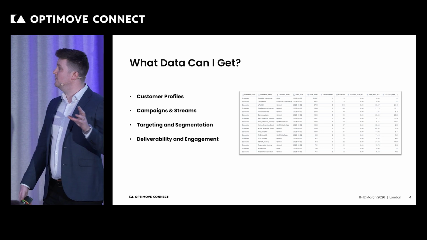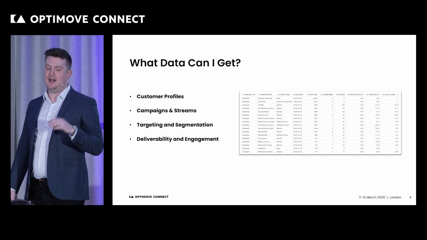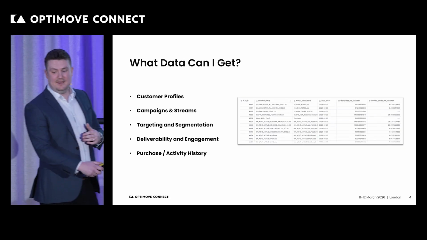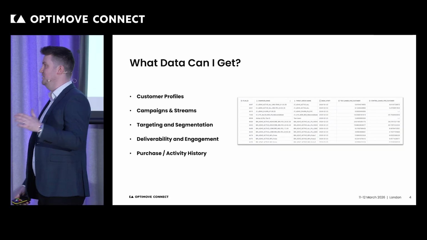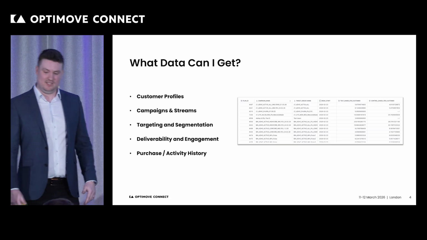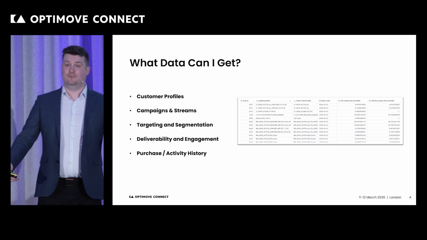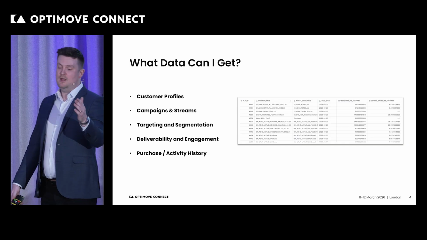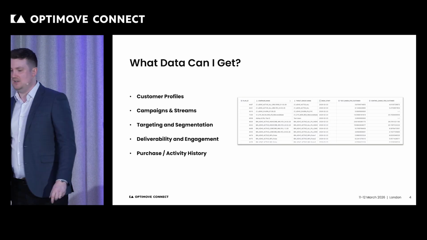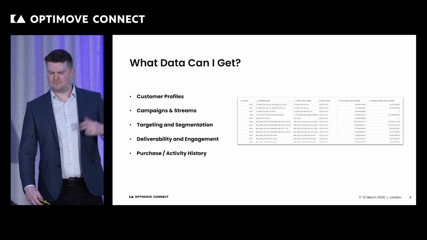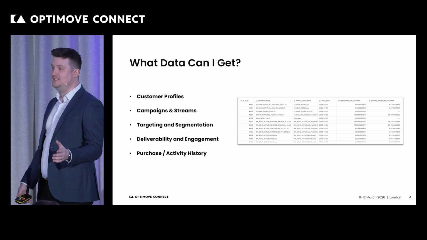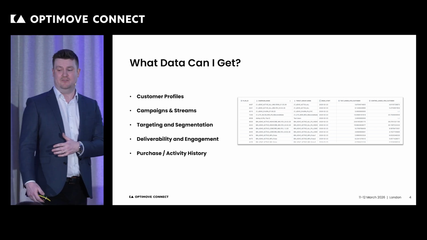You can combine these across all of your channels, so you can get a very high-level view of what's working and what's not for given groups of users. And then lastly, the transactional data here. So this is basically purchase activity history made available in log-level form as well. Based on your vertical, this could be anything from orders made, purchases, deposits, bets made, any other core actions that your business uses here. This rounds out the picture so that you are able to tie your marketing activity back to the core business outcomes that you're trying to drive in the first place.